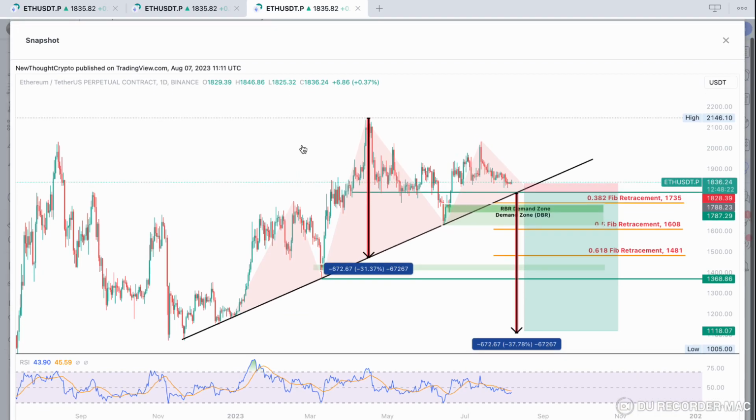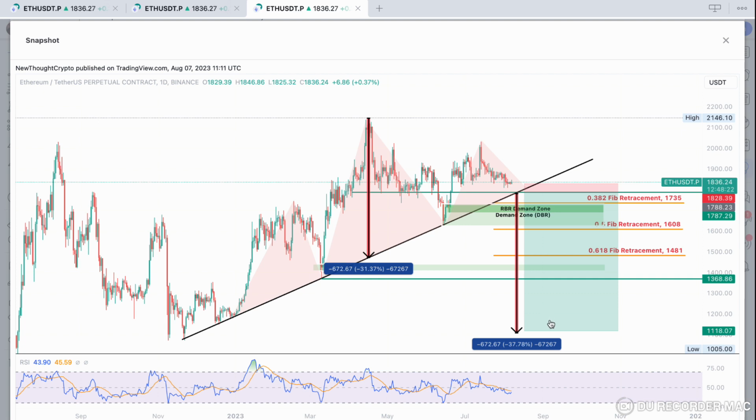The third scenario is likely, it is more likely than the bullish scenario in my opinion, but it is less likely than scenario number 2. In this scenario, I am assuming that what we have here in the uptrend is a head and shoulders, with the neckline being at 1780 or 1790, and once Ethereum loses the neckline after a retest, it will just dump